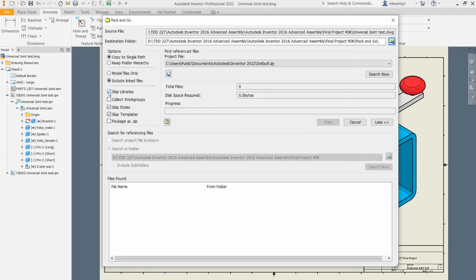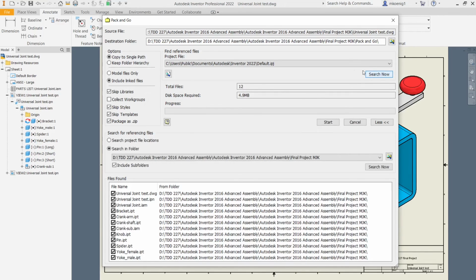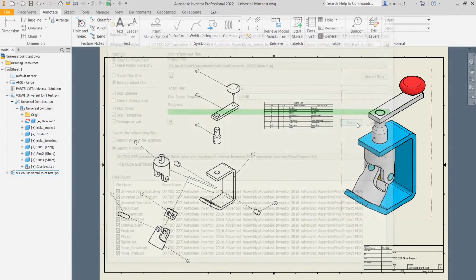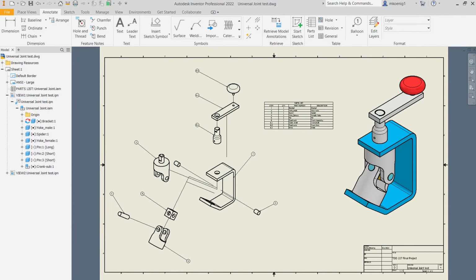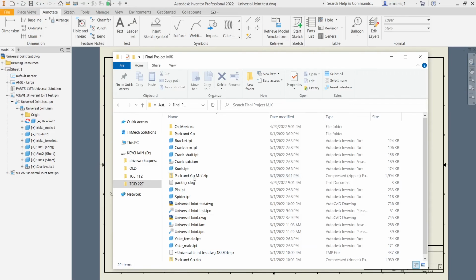We're going to skip the libraries, skip styles, skip templates, and then we want to package it as a zip file. And once you have all that set, you're going to click search now. Make sure it finds all the files you expect. Click start. Once the green bar finishes, you can click done. And then if you go into your folder,